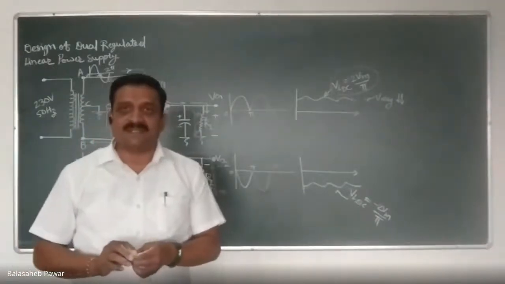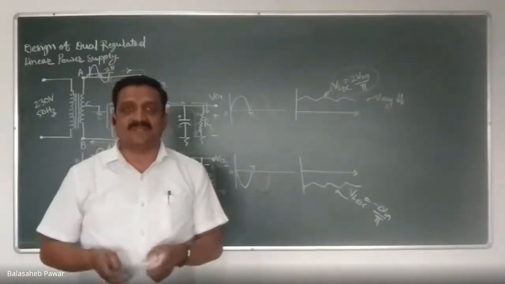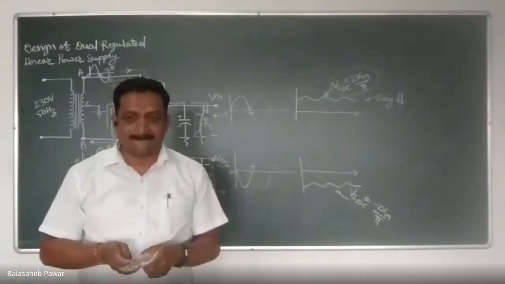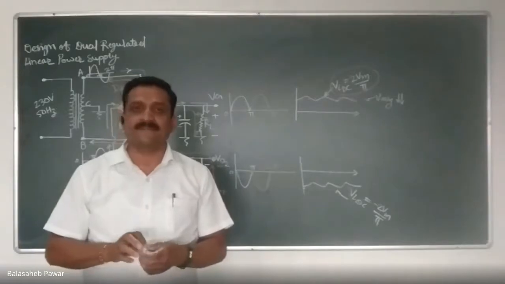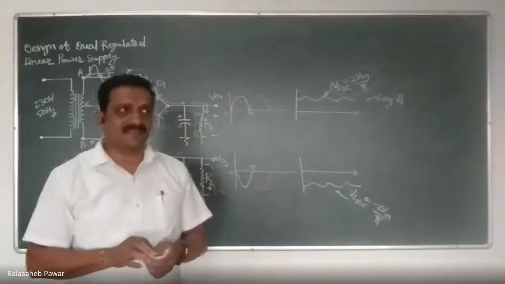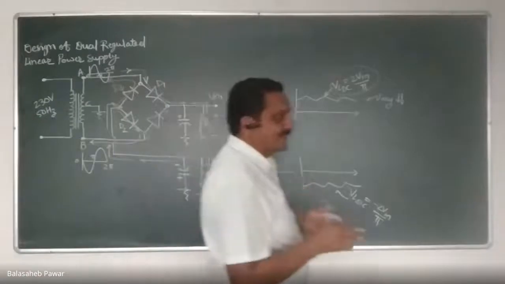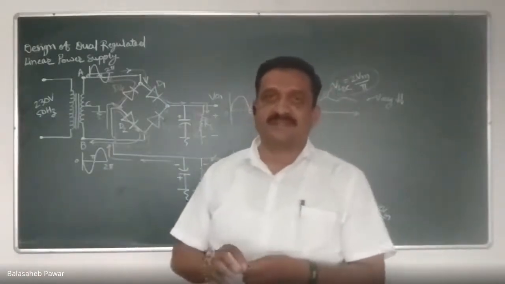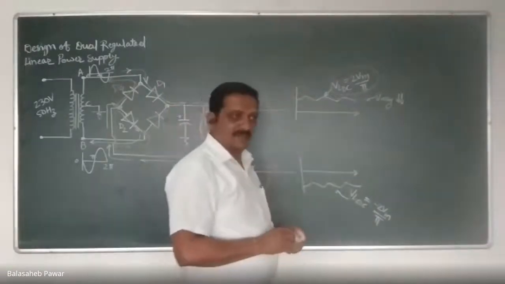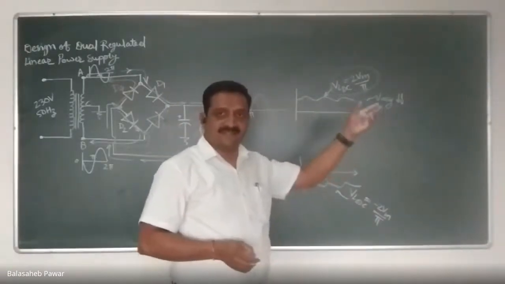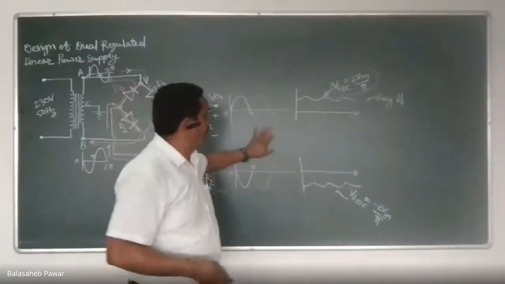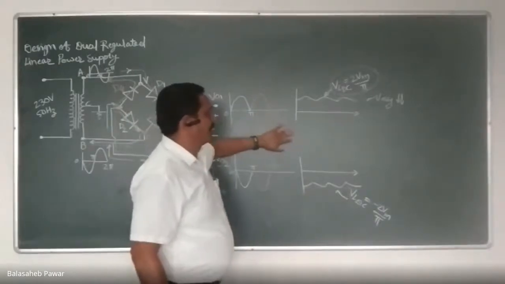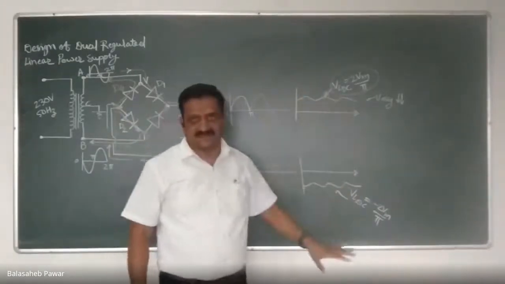So for regulated power supply, how much is the percentage load regulation? 0% or 100%? 0%. Yes, it is 0% because by changing the load current, that load voltage remains constant. And that's why we are calling that supply a regulated power supply. And it will be possible only by using that 3-terminal IC regulator. But at this stage, we do not prefer that IC regulator. And that's why whatever DC we are going to obtain will be unregulated DC. Is it clear?